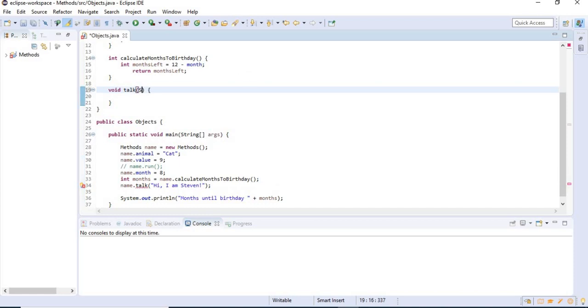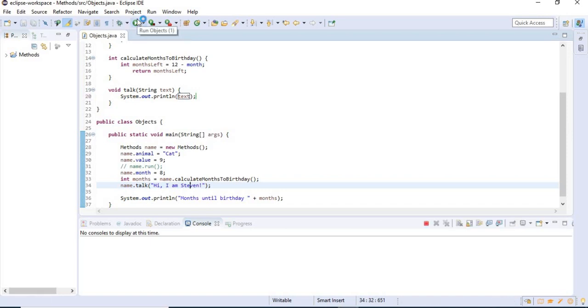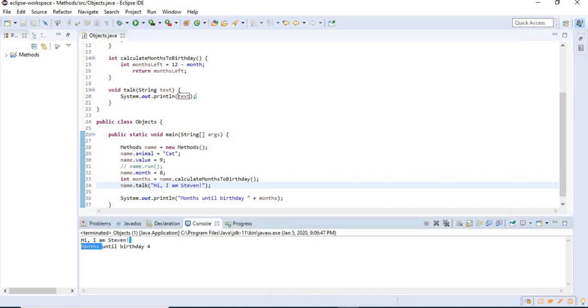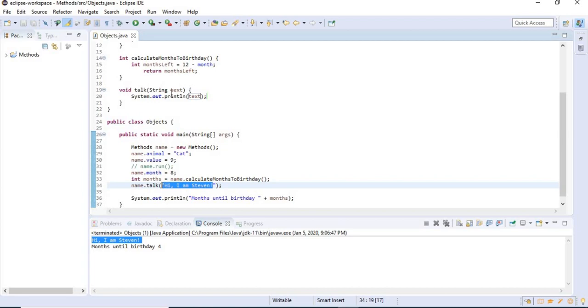So right here, I should say string text, for example. And here I should say sysout, control space, text. So I've given this parameter right here a value down here that says, "Hi, I'm Steven." And if we run this, it's gonna be outputted on the console, "Hi, I'm Steven," as you can see right here. So whatever value you give down here, that is the exact type that you should pass to your method